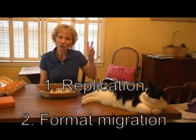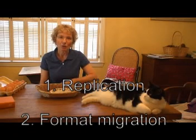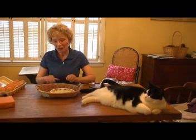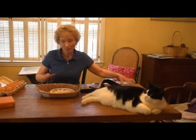It has two functions you should know about. First of all is replication, and second is content migration. And for replication, this is how that works. Now, in the